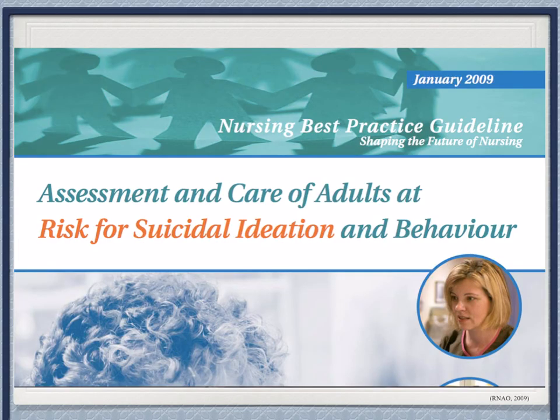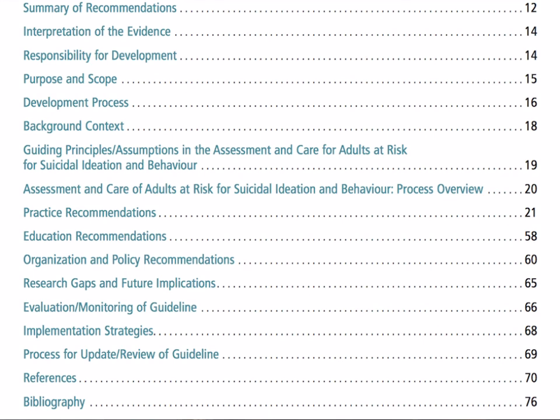This is a big document, and I'll show you some of the table of contents, their recommendations, their evidence, how they developed this, the purpose and the scope of the document, and context. There are the guiding principles and assumptions in the assessment and care for adults at risk for suicidal ideation and behavior. There's your assessment and care. There are practice recommendations, education, organization, and policy recommendations, which I'll show an example of. They also give ideas about research gaps that they see and future implications